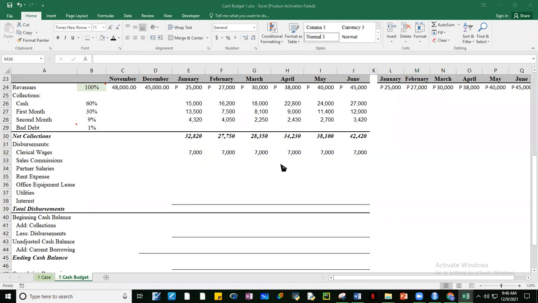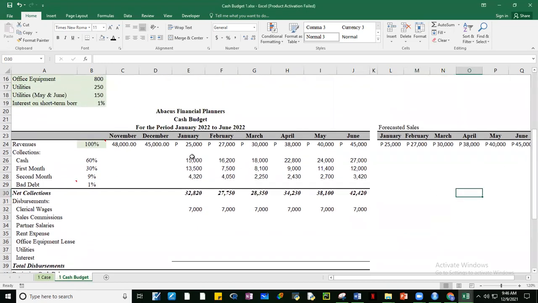So bakit po ulit sa November? Okay, thank you, Charmaine. Let me answer first yung question ni Charmaine. Bakit nagsimula sa November? We started with November kasi kailangan natin yung data ng November para ma-compute natin yung collection sa January.